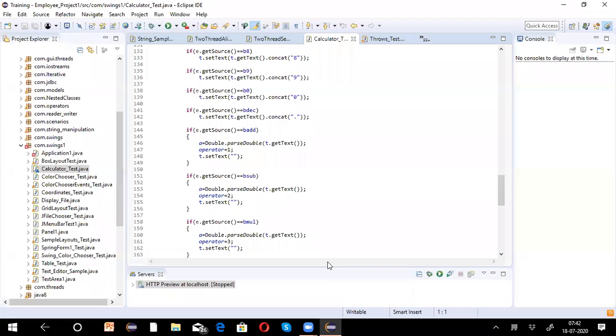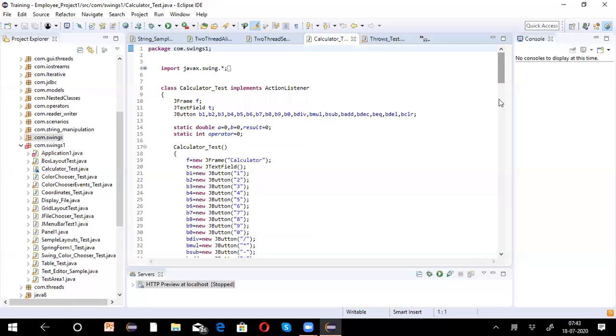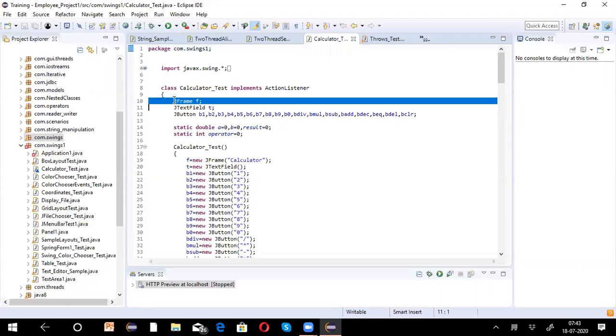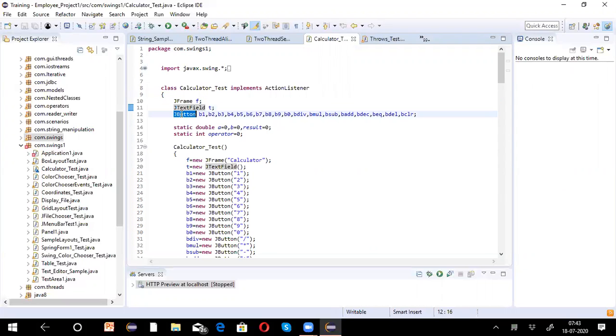In the previous session, we started off with this calculator application because we had enough of the beginning part of GUI, where we have seen a couple of layout managers like grid layout, flow layout, box layout, border layout, etc. And we have seen a few components like what a frame is, that is a JFrame. It's a top level container, and a text field, which takes input, and buttons. What is a JButton?